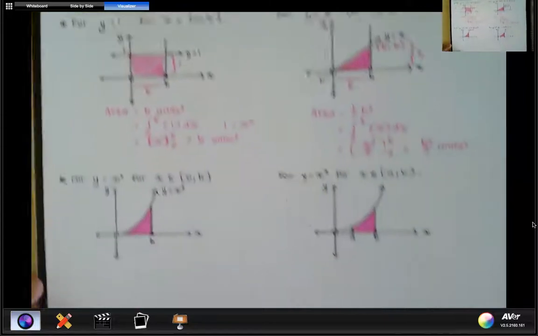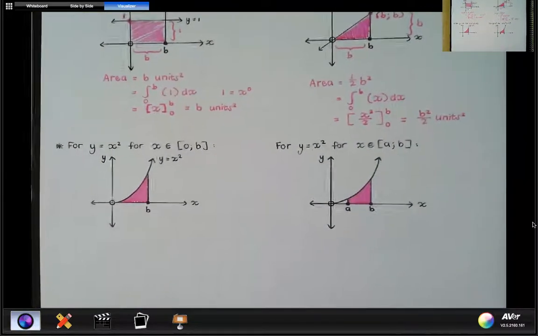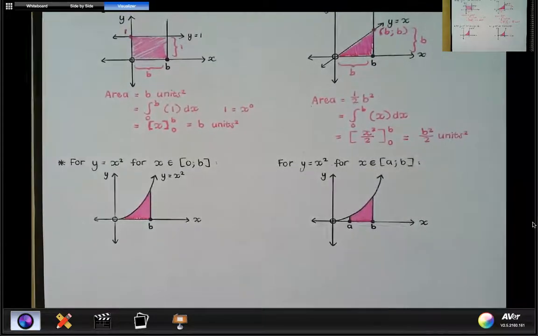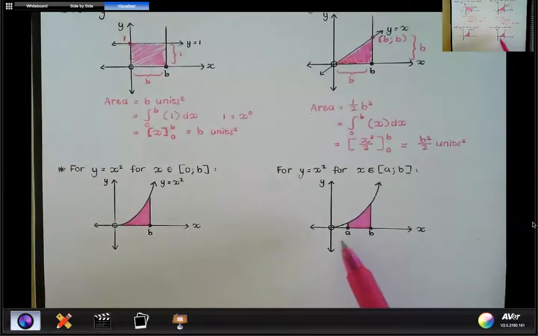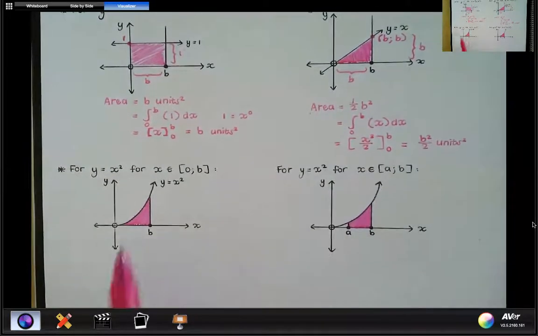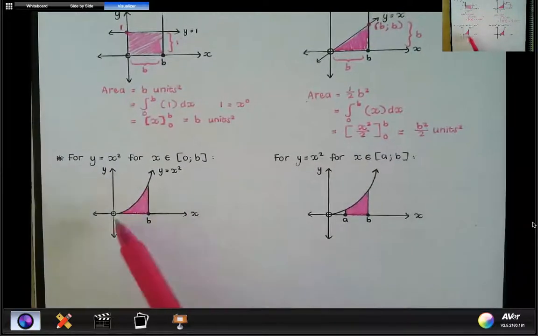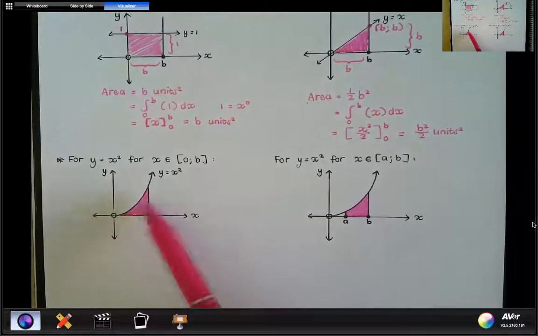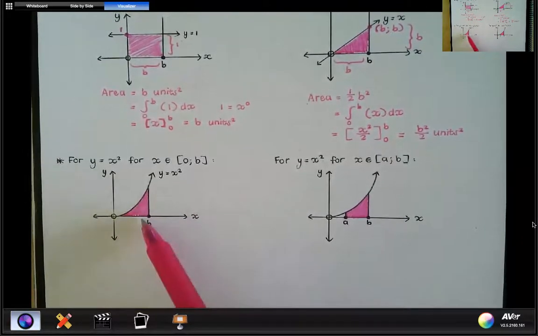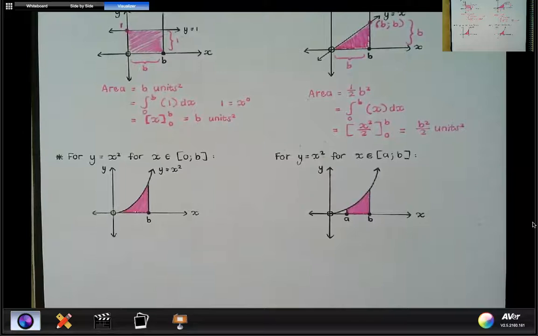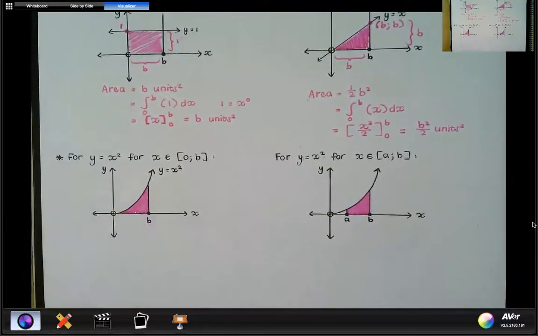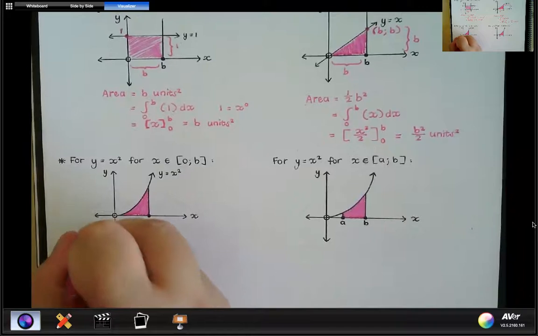Now, if we look at the next two examples, I'm working with a parabola here in both cases. In the first example, we are again going from 0 to b. In the second example, we're going from a to b. All right? So here, if we're going from 0 to b, now there isn't actually a way for us to find this area unless we approach it from like a rectangle perspective, okay, if we use a Riemann sum. Or what did we find out now in the previous few lessons? That area is the same as the integral. All right, so if we want to find this area,